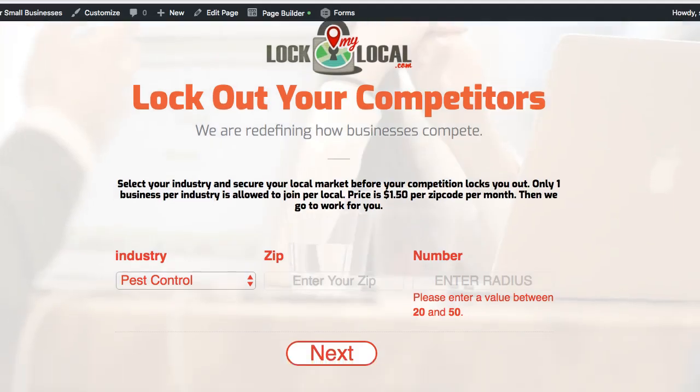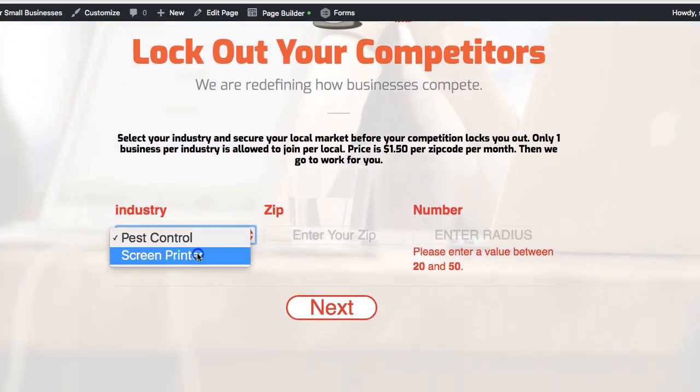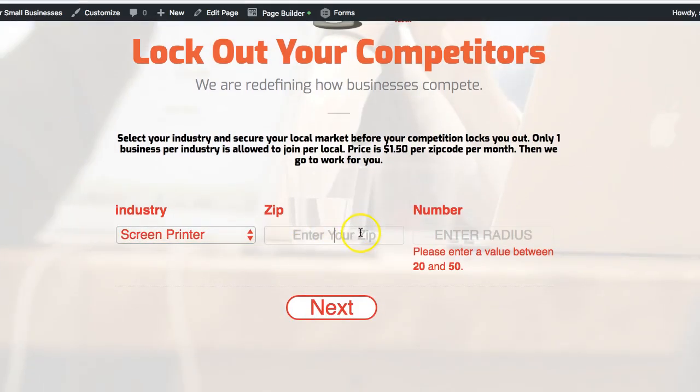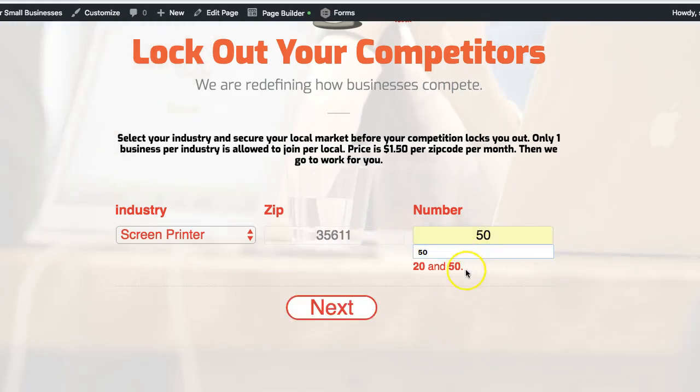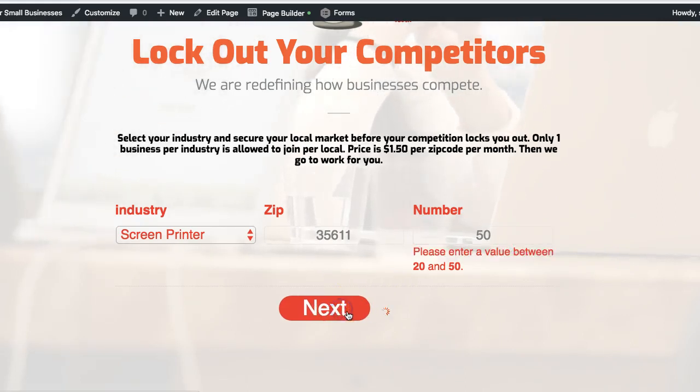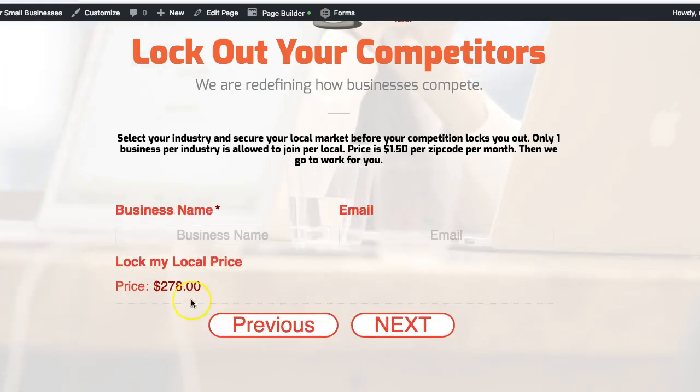So what I'm going to do is we'll try it out. Screen printer, and it was 35611. 50 miles. Before it was $69.50. So this one it should be probably like $260 or something like that. Let's see, $278. So it worked. So we changed the price, and